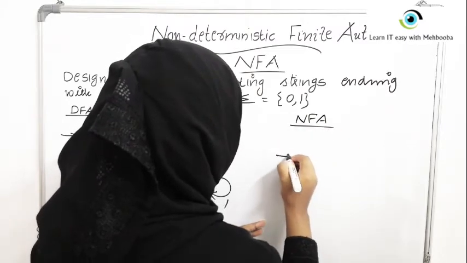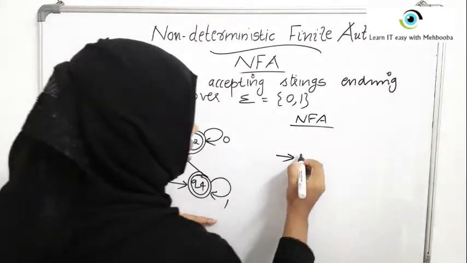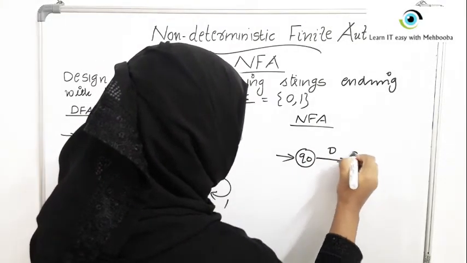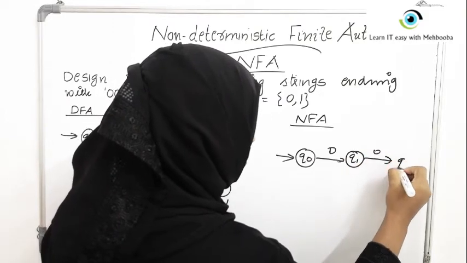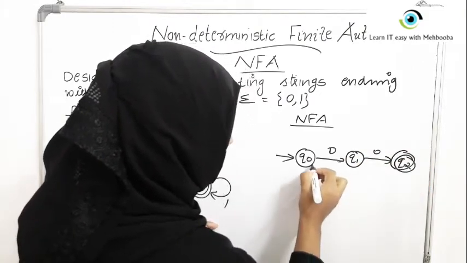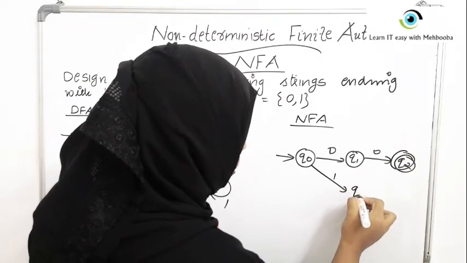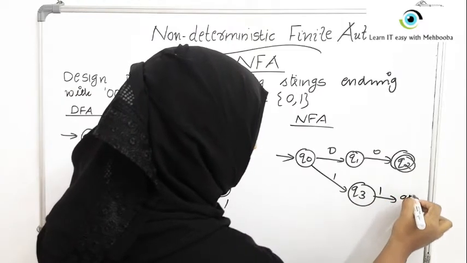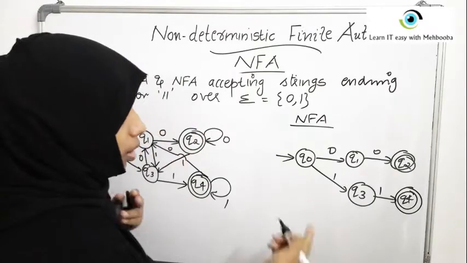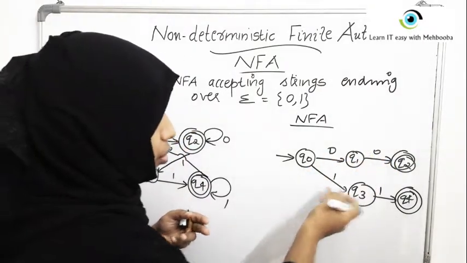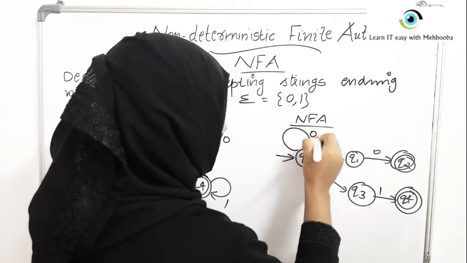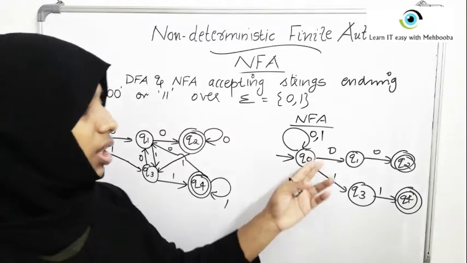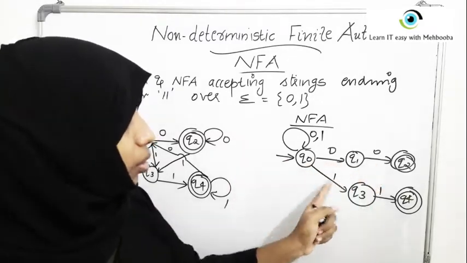As usual, I am starting with the minimal string. So Q0. If 0 comes, you are closer to the answer. If one more 0 comes, you have reached the goal node. Similarly, if 1 comes, you are closer to the answer. If one more 1 comes, you have reached the goal node. Now this NFA should end with 00 or 11. Whatever is in the beginning doesn't matter, whether it is 0 or 1 or any combination of zeros and ones. The ending should be 00 or 11.